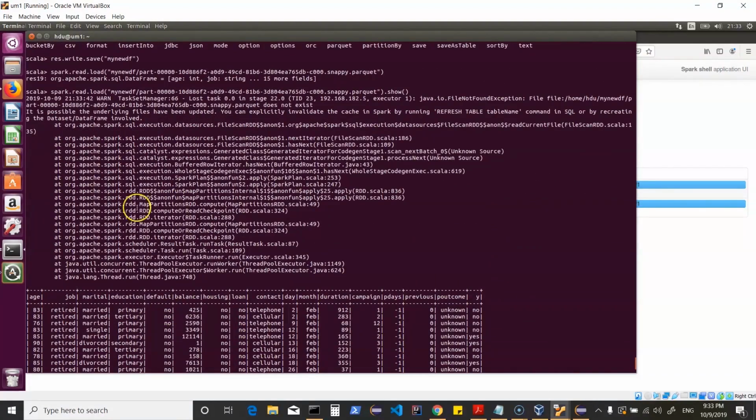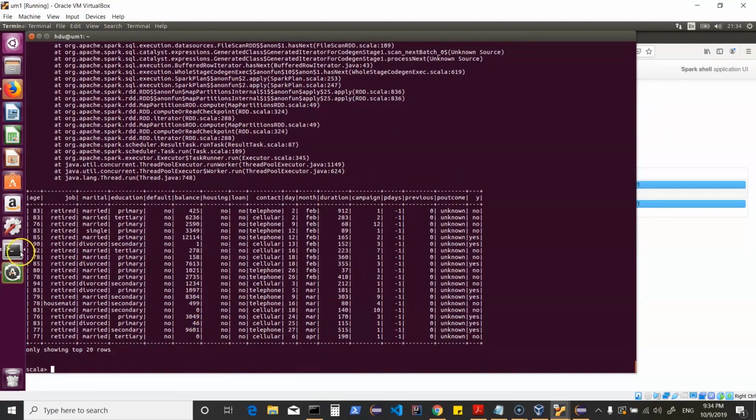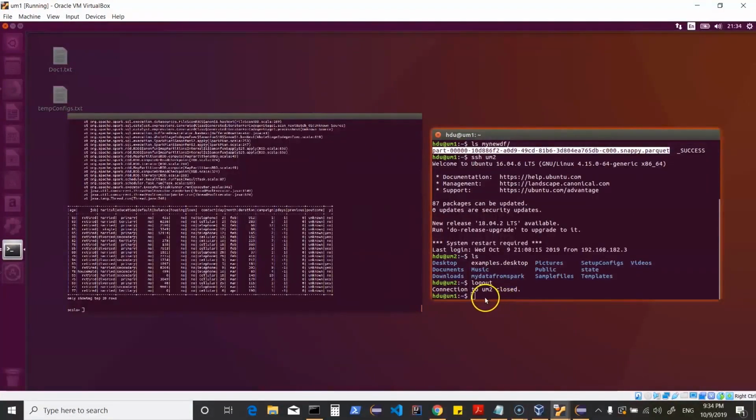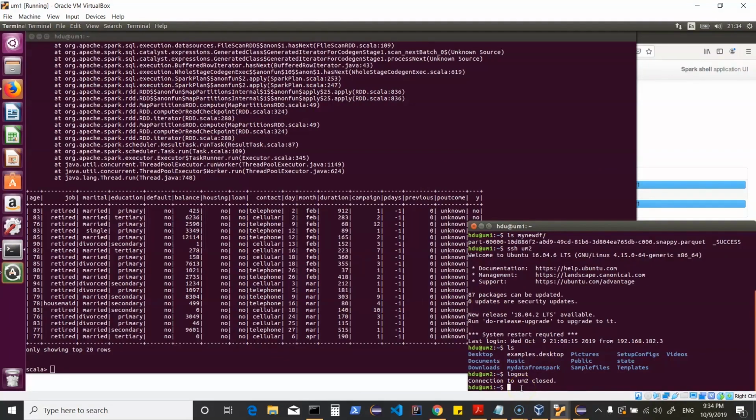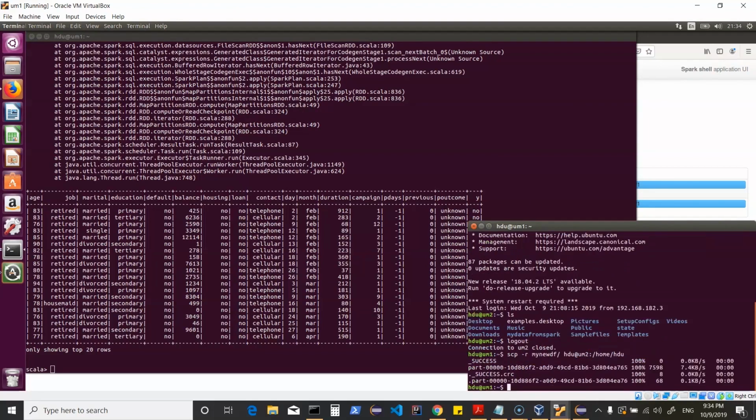Now I know you might see some error like this, and that is because this file did not exist on both the machines. When you're working in a Spark standalone cluster, if you are trying to do a read operation, it expects the file to exist on both the machines, or you should be getting the file from a distributed file system. Now we can try this again, and I can just do an SCP. I can take this directory, and I know there is SSH access which I have set up across machines. So I can say it at UM2 in the home directory, so that this directory and file exist on both the machines. And now we will try it again.